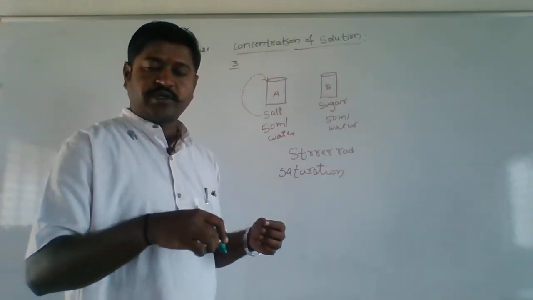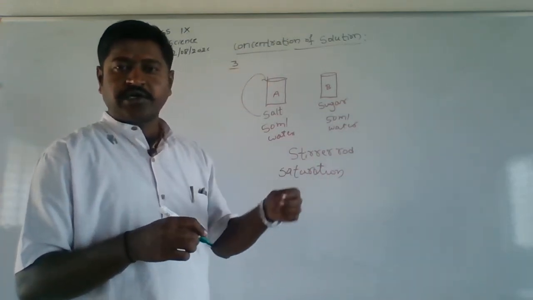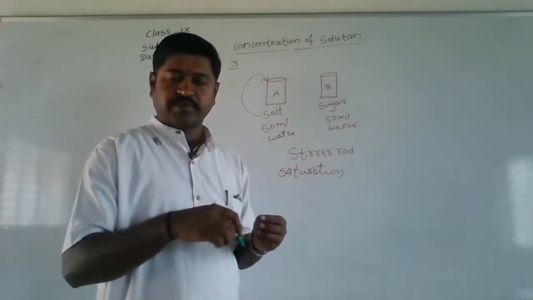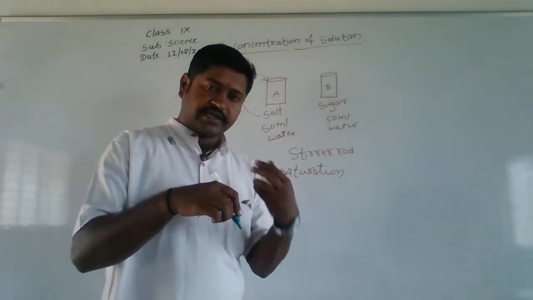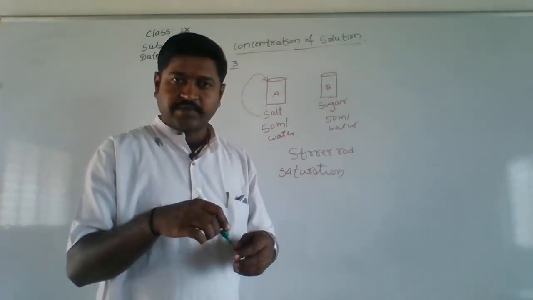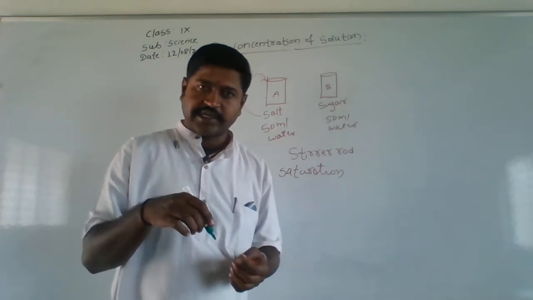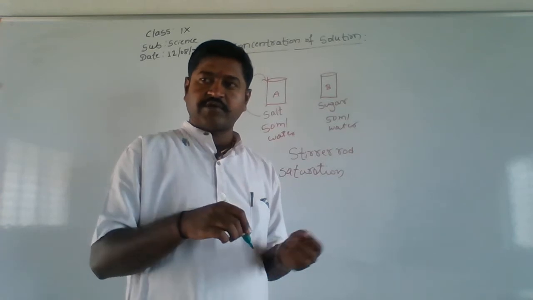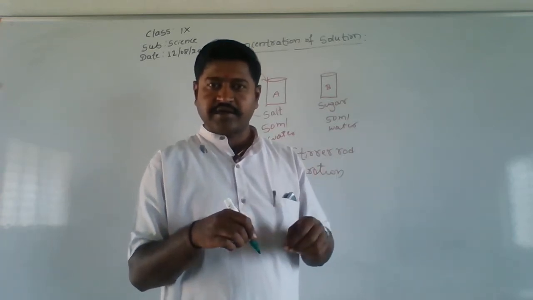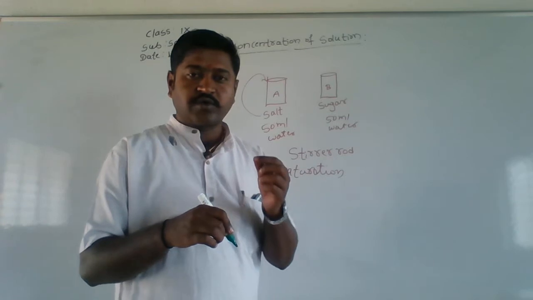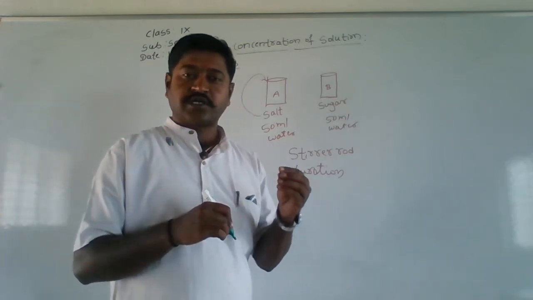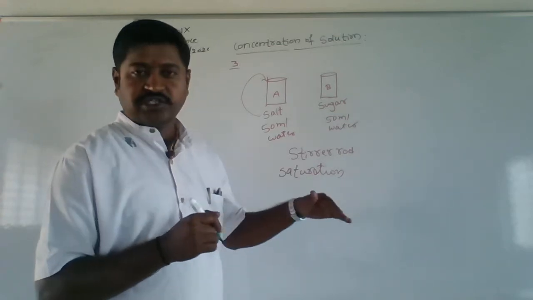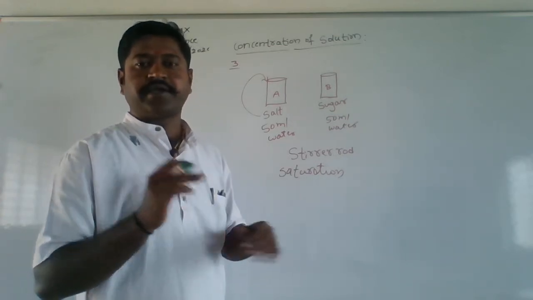So continuously we will be stirring it and adding a little amount of solute to it, right? We will add the first time, then keep stirring, and it gets dissolved. Again we add a second time, again we keep stirring, and it is going to dissolve. When you keep stirring and add solute again, and that solute is not going to be dissolved, at that moment we say it has reached its saturation period.